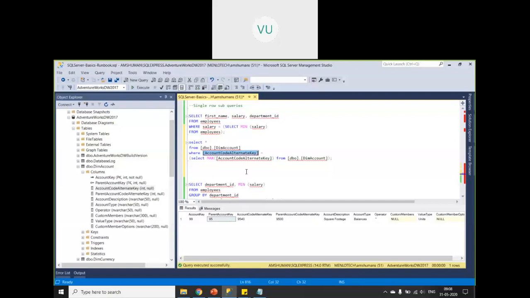So for example, I have A1, B1 and C2, D2. So there are two records with the maximum value, right? It doesn't mean that only one record can be there. So your team lead comes and says, boss, I want to know the number of records which have the maximum value of this particular column. How many records are there?